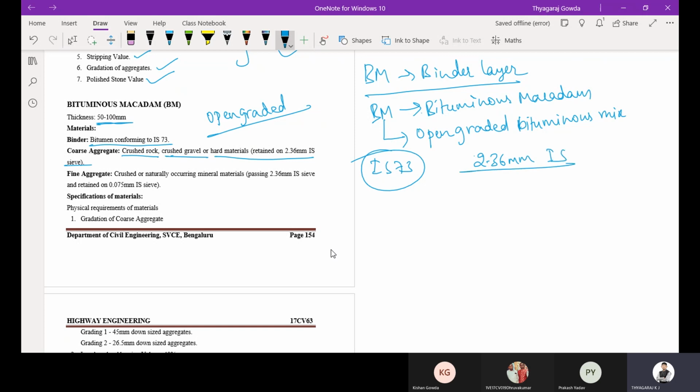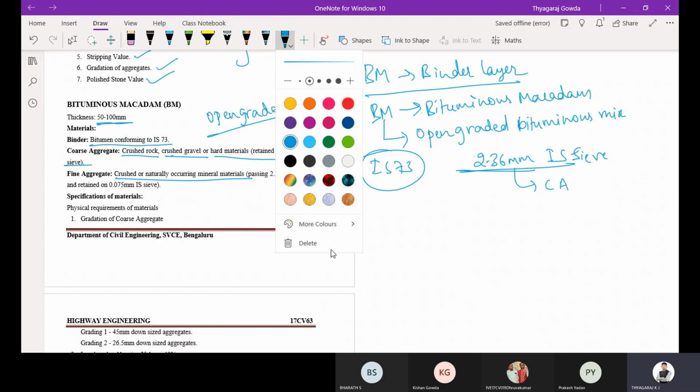The aggregates which are retained on the 2.36 mm sieve, that we are going to call coarse aggregates. So the material retained on this sieve will be used as the coarse aggregates in the bituminous macadam layer.